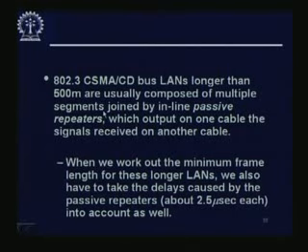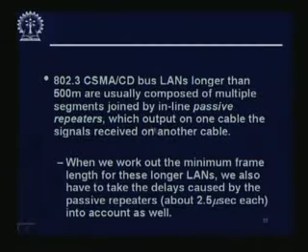Okay, as I said, as a signal travels down a transmission line, it will become weaker, so you will have to put a repeater. Okay, and one kind of repeater may be called a hub. Hub may be a repeater, so we will come to that later. So we have inline passive repeaters which output on one cable the signals received on another cable, or we may simply have an